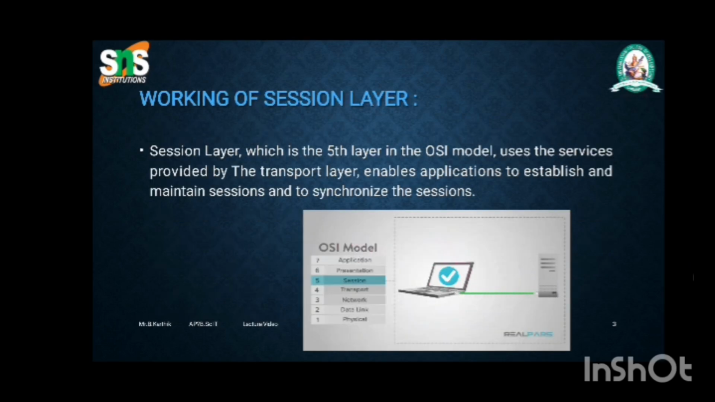Next, working of session layer. The session layer is the fifth layer, as I said. It uses the services provided by the transport layer, and enables applications to establish and maintain sessions and synchronize the sessions. In order to establish this connection, several things should be followed. That is,